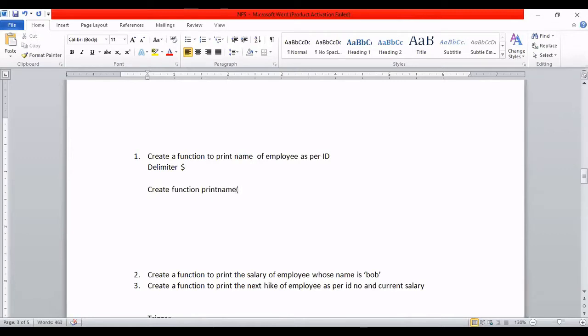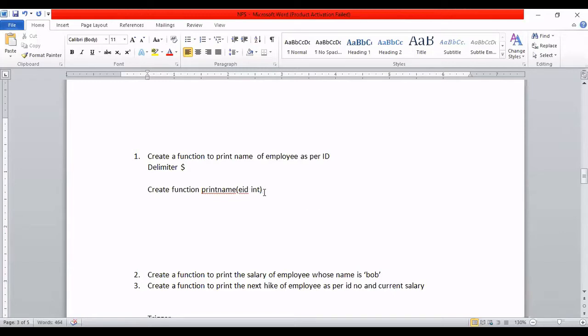So now here what will it receive? This function should receive a parameter. So that parameter will be an in parameter, because we are sending the ID number. So remember, by default the parameter is in type, so no need to specify the in keyword. Okay. So simply you can write the variable name and the data type. So instead of ID, I am writing EID. Okay. And the data type of EID is integer. So this is the function definition.